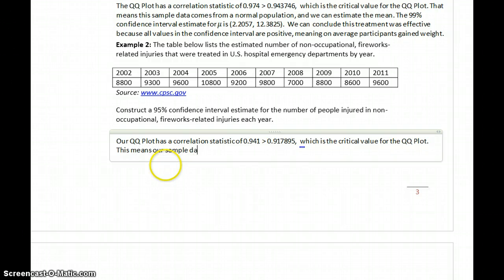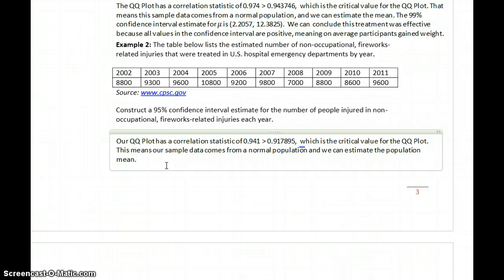This means our sample data comes from a normal population, and we can estimate the population mean. So the conditions are met to estimate a mean, and the 95% confidence interval estimate